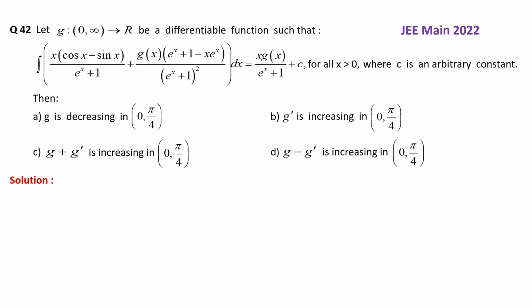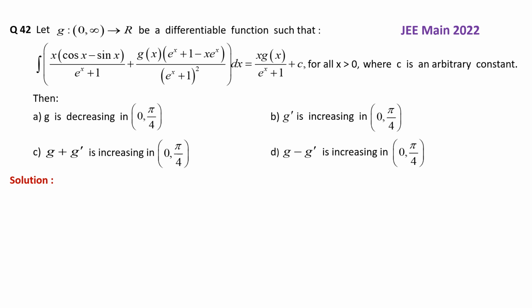It says let g from open interval 0 to infinity to capital R be a differentiable function such that integral of x into (cos x minus sin x) divided by (e^x plus 1) plus g of x into ((e^x plus 1 minus x e^x) divided by (e^x plus 1) whole square) dx equal to x g of x divided by (e^x plus 1) plus c for all x greater than 0, where c is an arbitrary constant, then